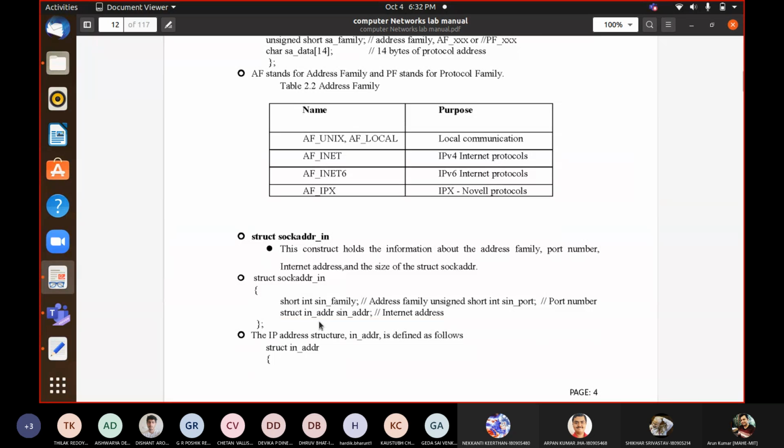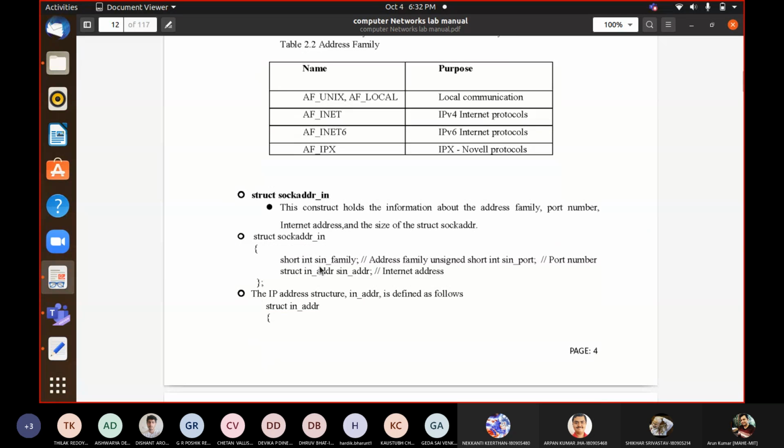So the structure has a short integer, its family. Families you can choose from these. AF_UNIX if you are using local communication, meaning on the same machine two processes want to communicate, then as an argument you have to give AF_UNIX. If you are interested in IP version 4, that means a 32-bit address, then you have to give AF_INET.